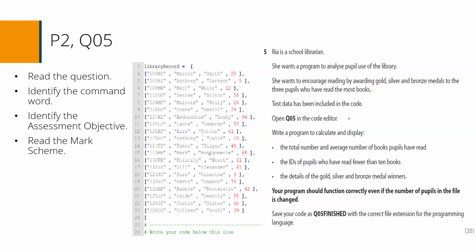By mark band 2, we do expect it to run and function, but maybe it wouldn't necessarily work with everything. If we brought some new data in or something like that, it wouldn't work. And you can see that with comments provided by candidates that it's going to be probably fairly logical in its approach. It's not until we get to mark band 3 that we actually see something that not only runs, but looks like it's doing a good job, it's efficient and so on. So again, we can still use those 2 descriptors, the chaos of mark band 1 and the confidence and competence of mark band 3. Okay, again, that massive list of statements on page 42,